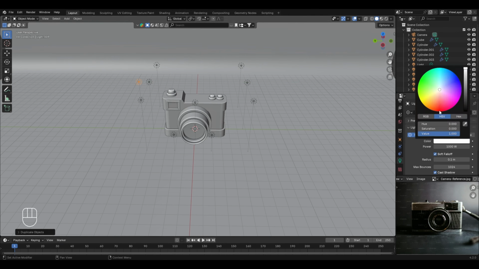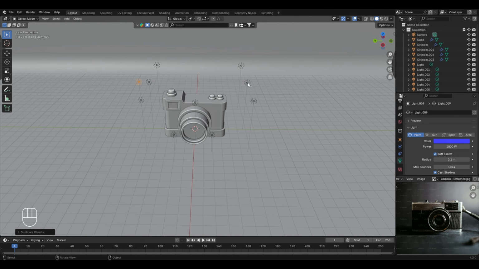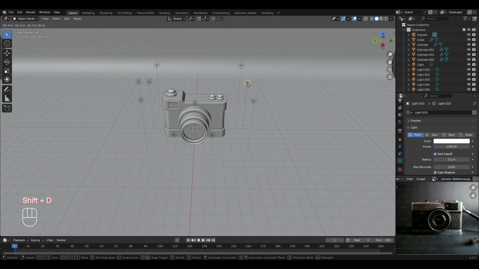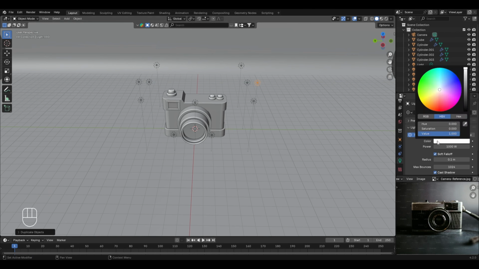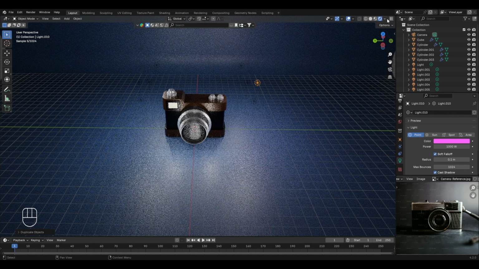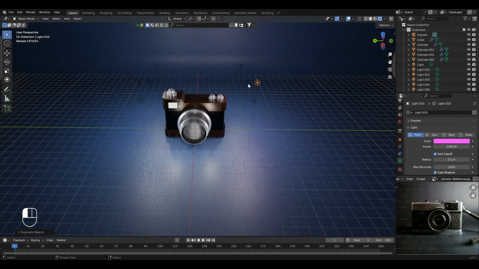Then in the color, I'll change this to the blue color. Similarly for the other side, I'll select this light, create a duplicate, move it in the Y axis, and in the color, I'll change this one to the pink color. Now to see how it looks, let's go to the rendered preview mode, and the reason why we are not able to see a lot of influence of the colored lights is that we have added these 2 lights with